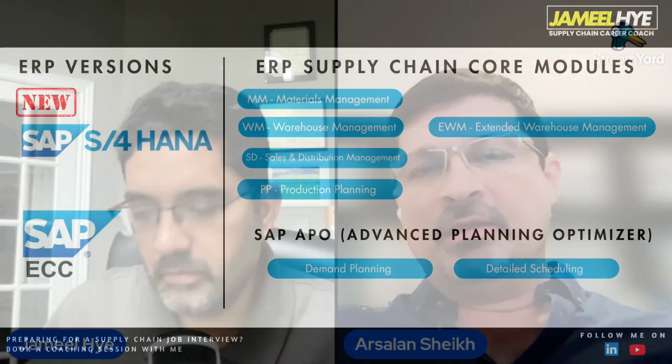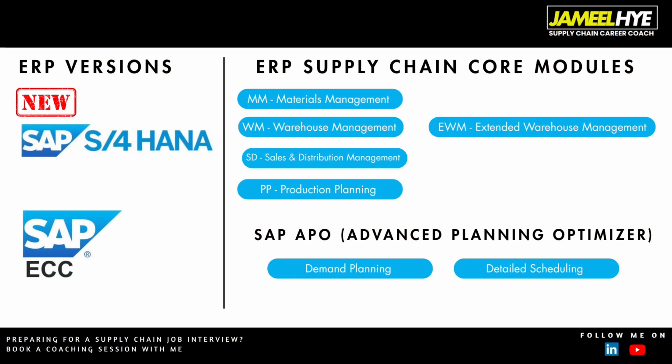Okay, so SAP has evolved, I guess, over the years. The latest version that people will hear about and probably come across is going to be what's called the SAP HANA, S4 HANA platform. And that is the latest edition. You still will find people probably running a slightly older model of SAP. It's called ECC. And between these two, I would say you probably find both of these kind of floating about. Customers that are not wanting to migrate are still sticking on the older platform. A lot of the customers have moved on to the new platform.